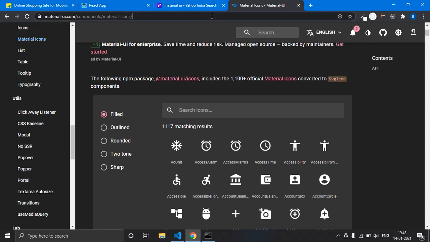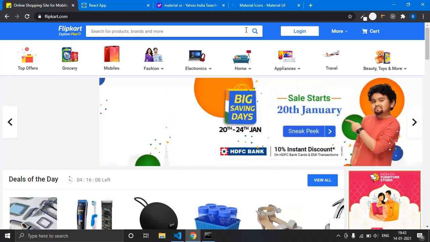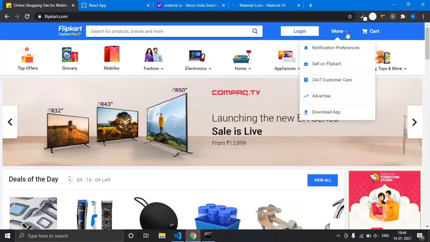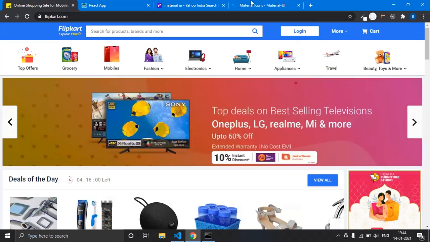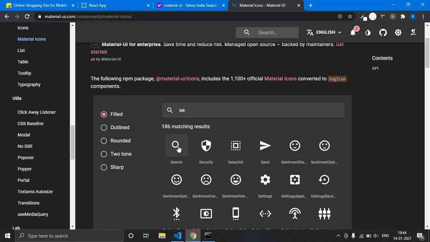Just note this link, and somehow you come to this link, and the icons we want are, let us check. See, we have one search icon, right? And we also have this angular bracket like something, this one, and one cart icon, right? So we'll just search for them. In order to search that, we have to just give any relevant word. The first one is a search icon, right? So I'll just type in search. Okay, we got it over here.